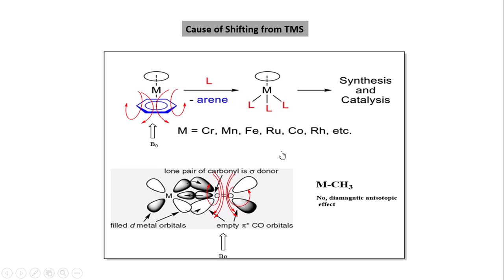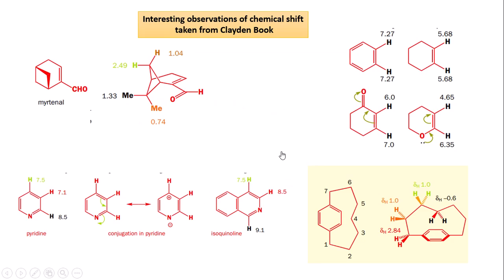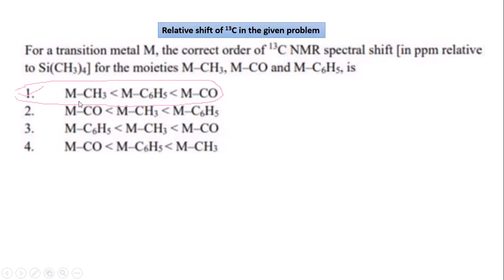From this 13C problem, it has been shown for M-CH3, M-CO and M-benzene, that is, the metal with alkyl, metal with carbonyl and metal with benzene,